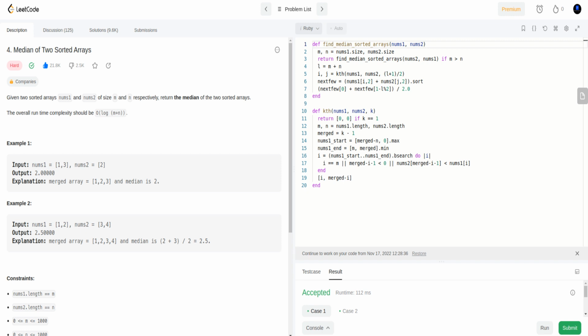Given two sorted arrays nums1 and nums2 of size m and n respectively, return the median of the two sorted arrays. The overall runtime complexity should be O(log(m+n)). You can see the example. We've got the input: nums1 is the array 1, 3, nums2 is 2, so the output